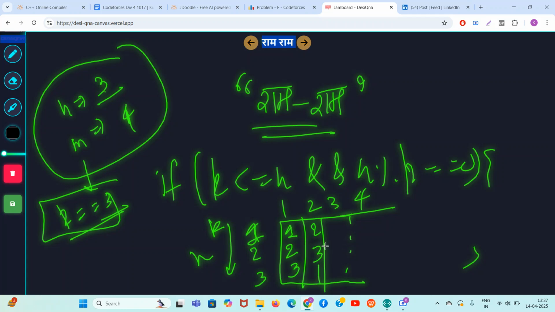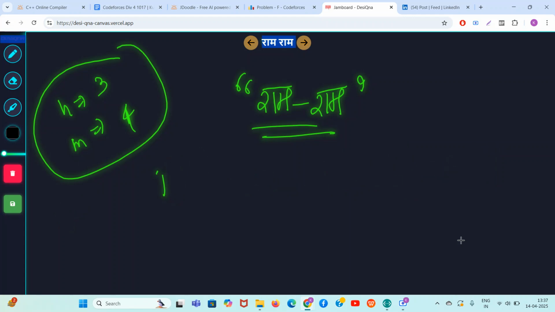2 3 1, and then 1 2 3, then the cyclic shift is 2 3 1, and then I think it will be 3 1 2. Like this you will write till the end. So these cases are clear, but guys, the only case left is,